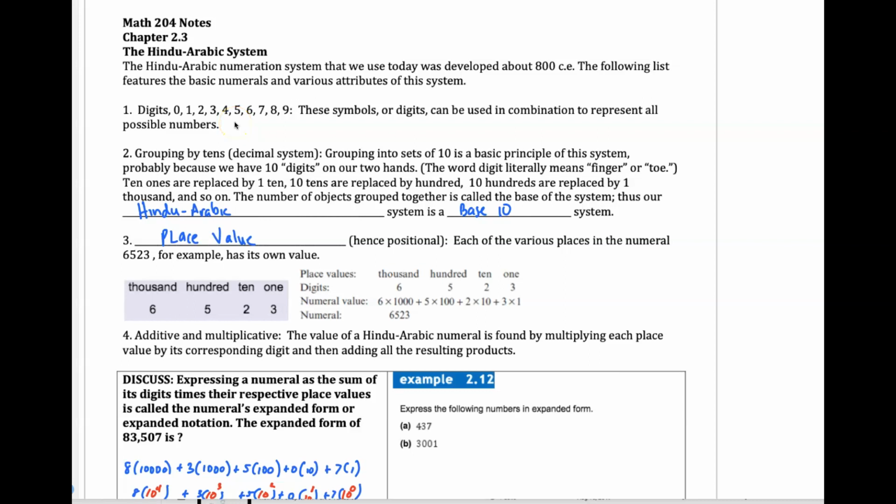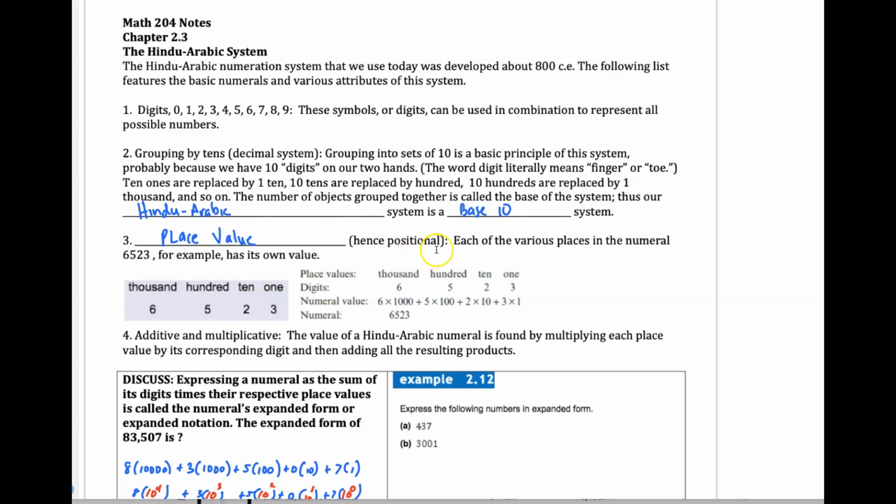We're going to take a look at Chapter 2.3 and numeration systems. We're going to look at numbers and the systems we use today and other systems. So the first system we use is called Hindu Arabic. It's our base 10 system. It's our system that we know: ones, tens, hundreds, thousands. And so you can see we have an example of a number: